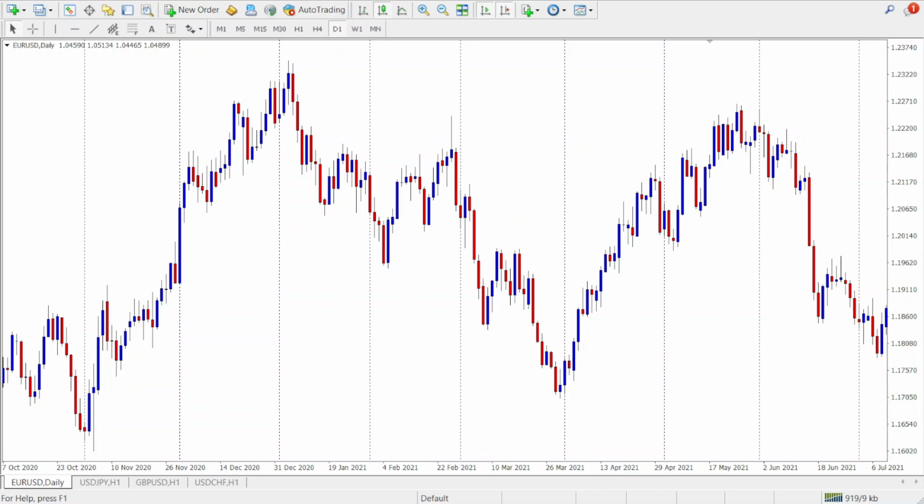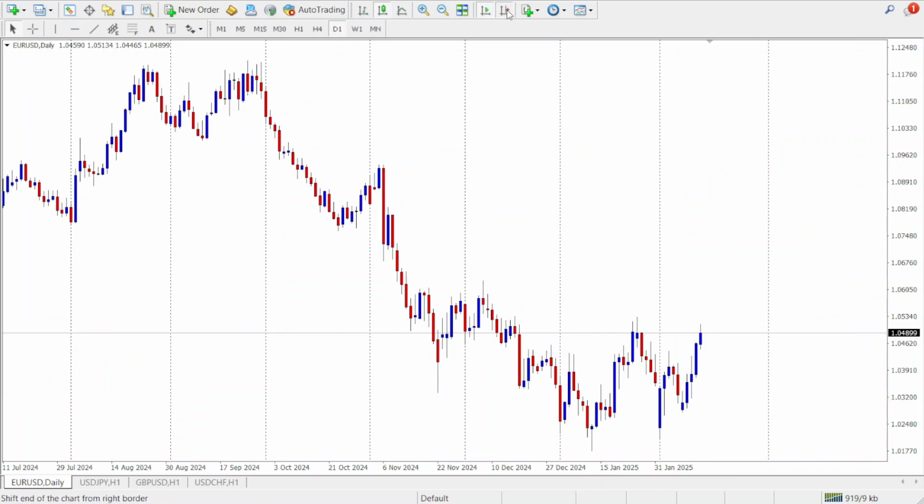Now in this video, we are going to be diving into one of the most powerful breakout strategies in trading, and that is the Ichimoku Cloud Breakout. This is a trend following system that helps traders spot strong breakouts and trend continuations with high accuracy. So if you have ever struggled with false breakouts or getting caught in choppy markets, then